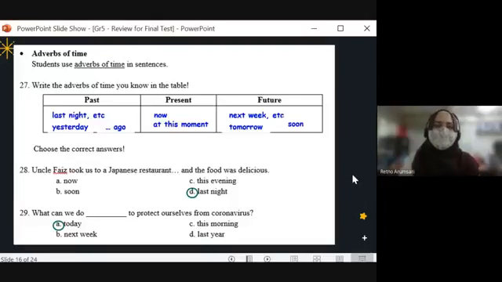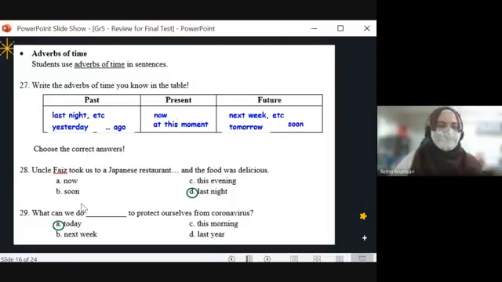Any questions about adverbs of time? Please be careful with the situation. Decide whether when the action happened. You have to be careful about that. If you see a verb like took, the action definitely happened in the past. Okay. Now, next,